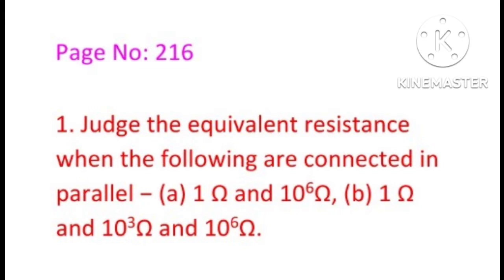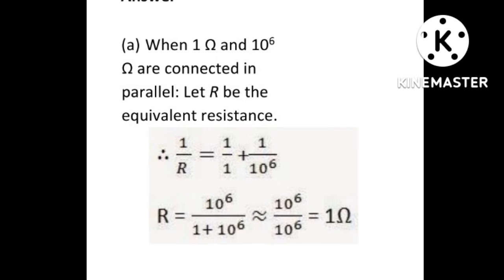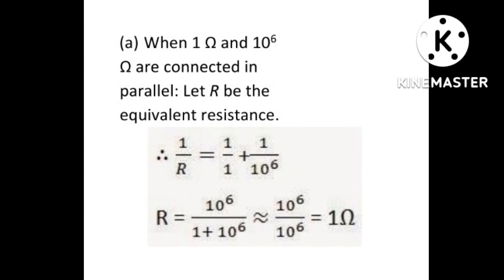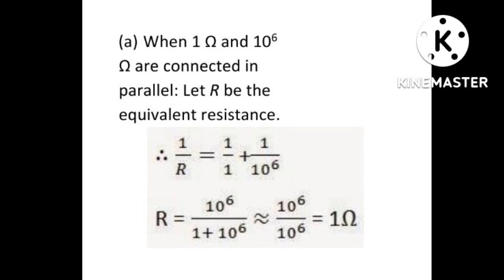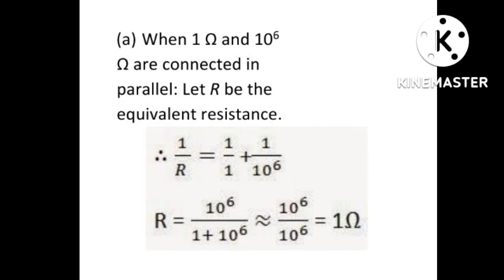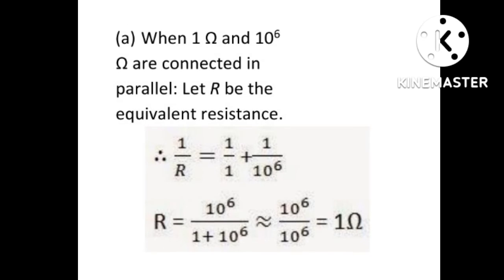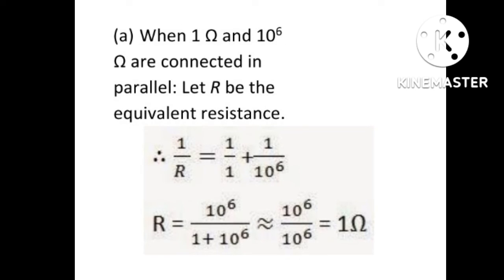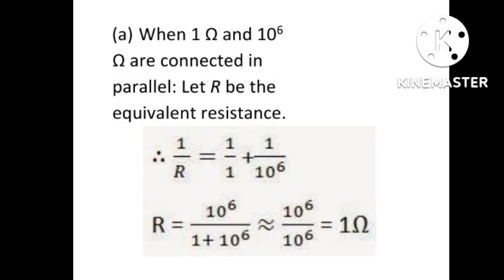We have studied 1 by R equal to 1 by R1 plus 1 by R2 plus 1 by R3. By using that equation, we can calculate the equivalent resistance. R equal to R1 R2 divided by R1 plus R2. When we substitute the values for R1 and R2, we will get R as 1 into 10 raised to 6 divided by 1 plus 10 raised to 6. That will be approximately equal to 10 raised to 6 by 10 raised to 6. That will be 1 ohm. So the equivalent resistance in the case of parallel connection of 1 ohm and 10 raised to 6 ohm